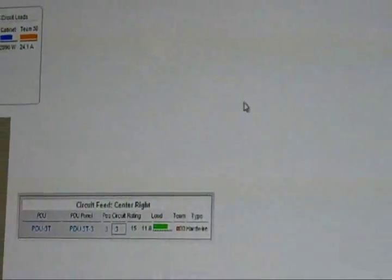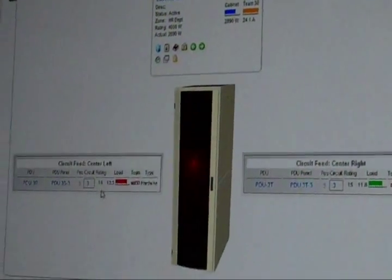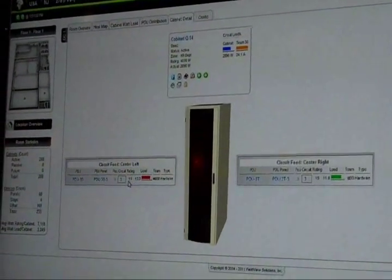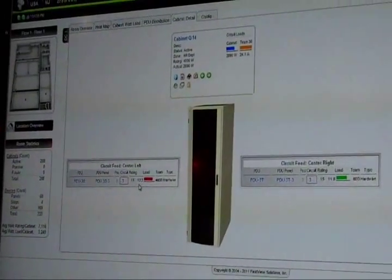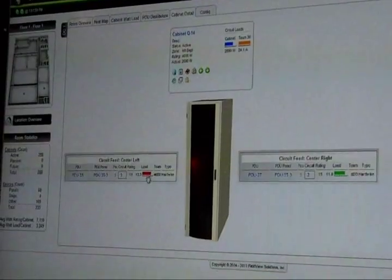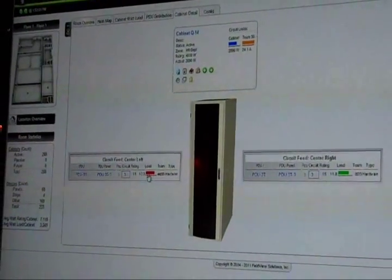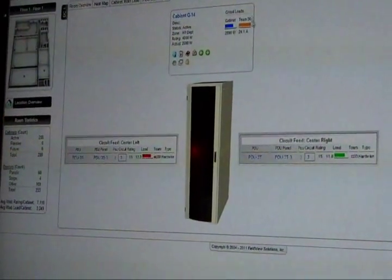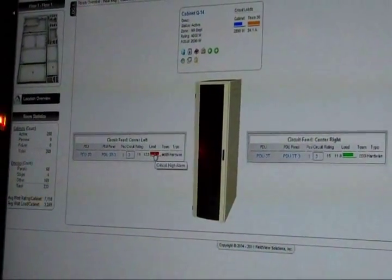Let me click on this, and it'll bring us down to a cabinet page, and you'll notice one of the circuits, the A circuit here, is actually running at 12.3 amps on a 15 amp circuit. That's over 80%. So that's the alarm condition that's being flagged on that prior page. Now you'll notice on this screen, anywhere there's a bar, there's a green bar over here, there's a red bar over here, if you click on the bar, it pulls up a trend